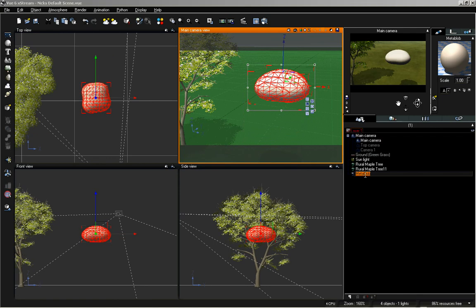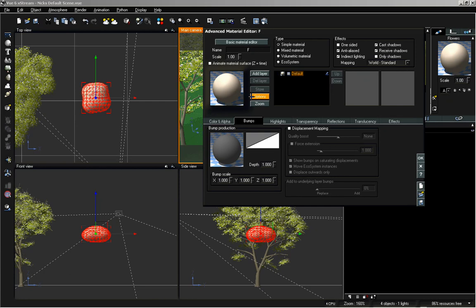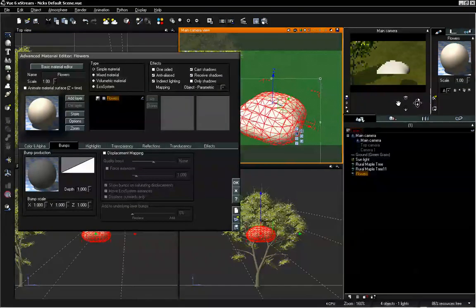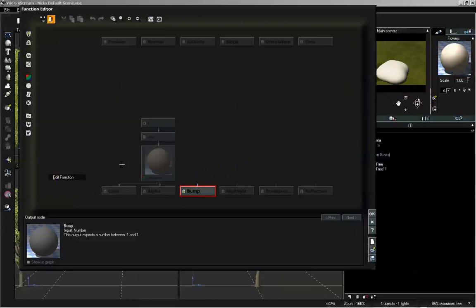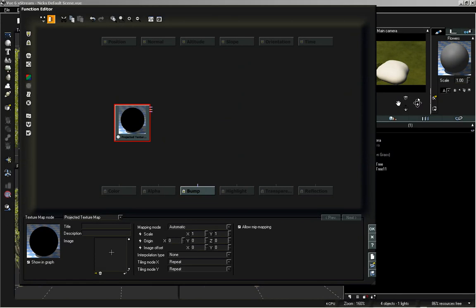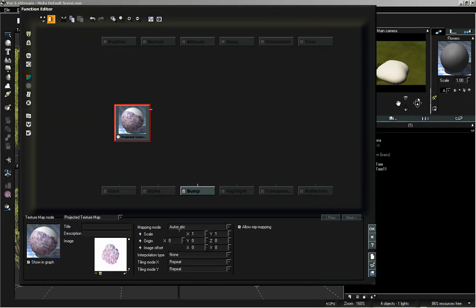And I'm going to change the name of the object to flowers. And open up our material. I'll go ahead and change that to flowers as well. We're going to set our mapping mode to object parametric. And I'm going to open up the function editor and delete our current nodes, add in a projected texture map, and we're just going to load in those individual flower images. Our first one, set our mapping mode to flat vertical,